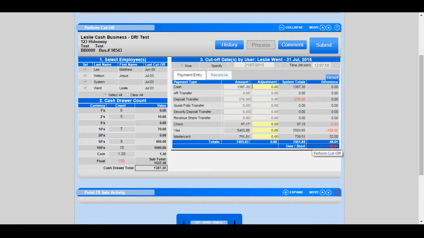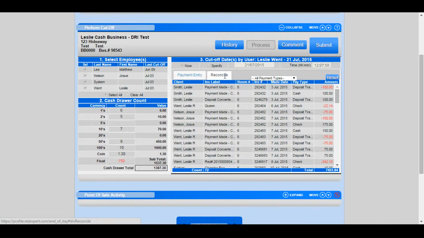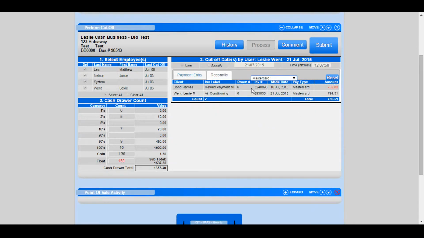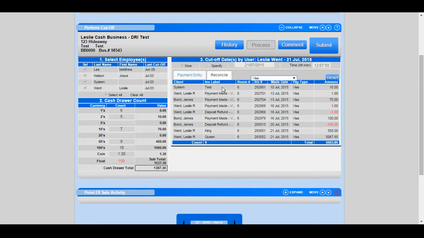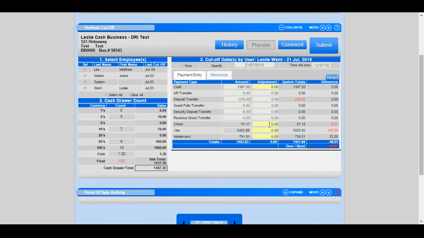So now you're able to click on the Reconcile tab, and you can actually select a specific payment type to see all the payments associated with that payment type, so that way you can always verify where those values came from. So let's say it was a slip that was missed and you found it. You can then put in the adjustment into the column. So let's say you found that you were missing, put in the wrong amount, you can put in the adjustment, $100, and if you were over 52,